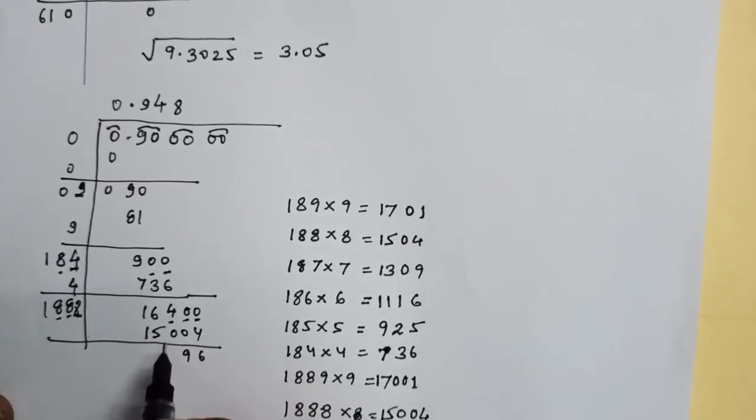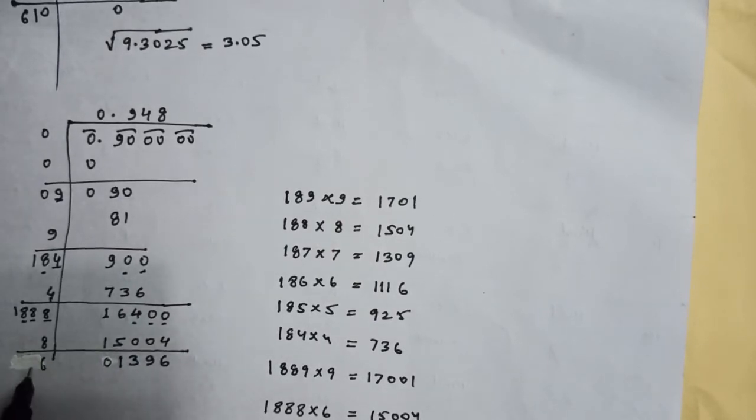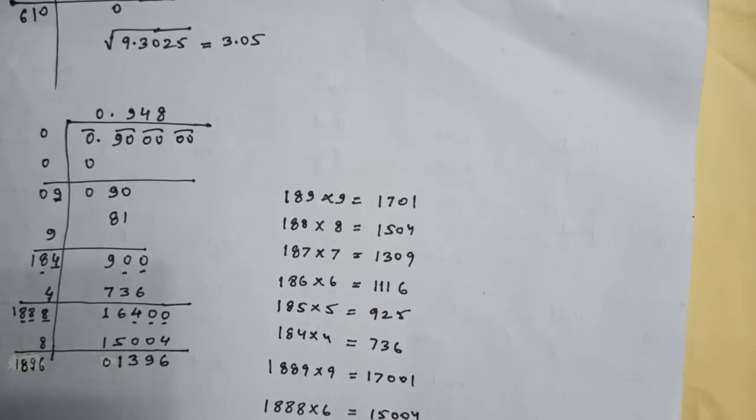Six, 9, 3, 1, 0. 8 8s are 16, 1 8 is 9, 8 1. We want the square root up to 2 decimal places only. Then we can stop our procedure over here. If we have to proceed further, then put a pair of 0s each time after the remainder and proceed and get a new quotient.